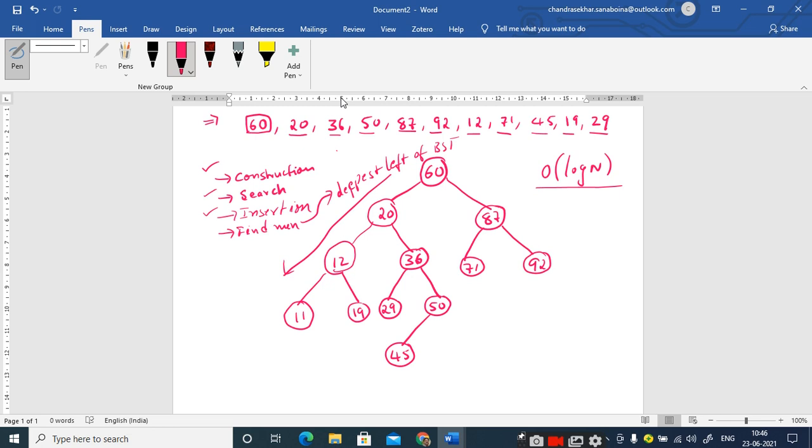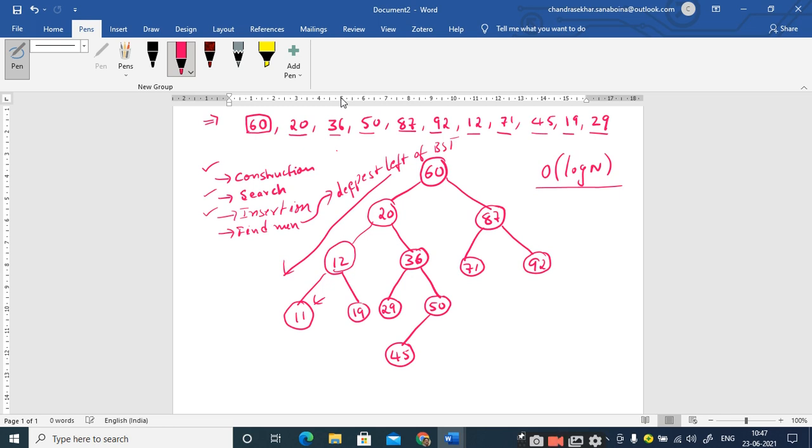Yes, sir. So when you want to find the minimum element in the binary search tree, you take a pointer to point to the root node and you just traverse towards its left hand side, right? Go to its left hand side, again go to its left hand side until you find a node which does not have any left child. How can you identify that the node does not have a left child if it is a linked list representation?